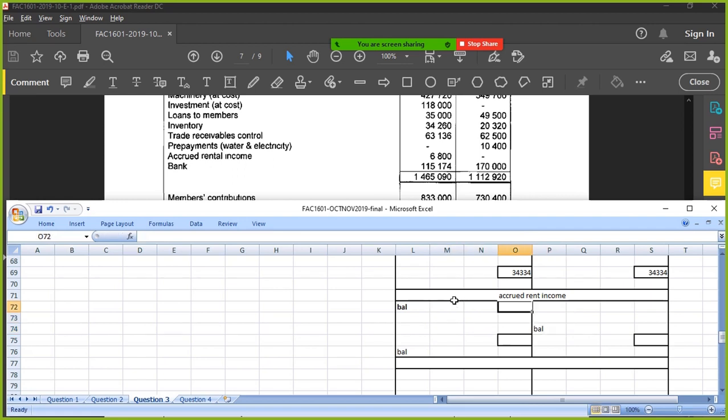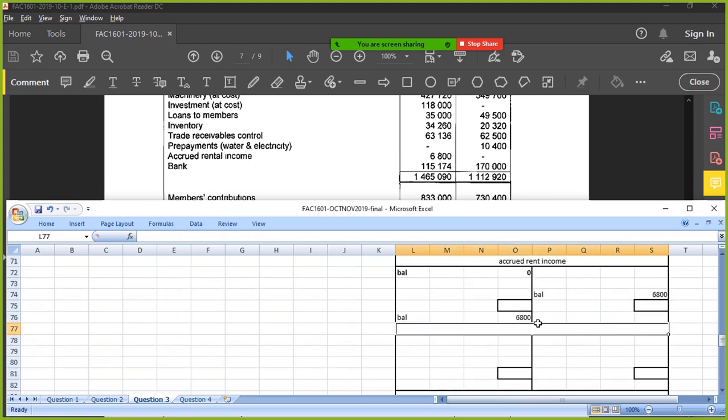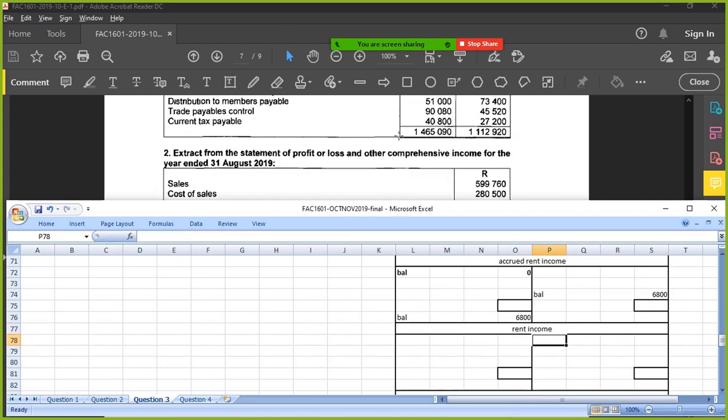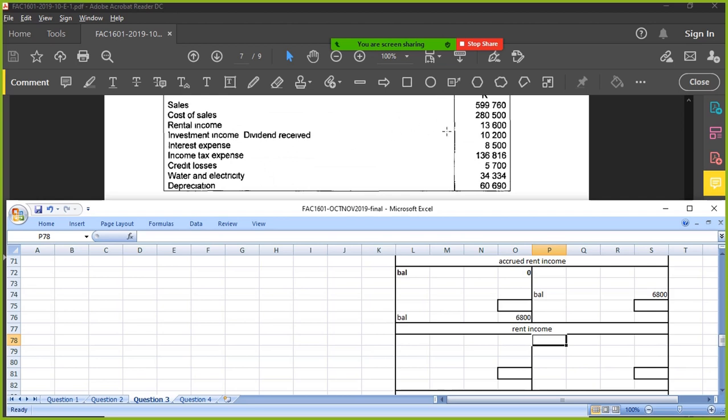What is it? 6.8. And what is this for? This is for rent. So rent income. Here. How much is the rent income? 13,600. That would have been closed off to profit and loss. So your accrued rent income would have been